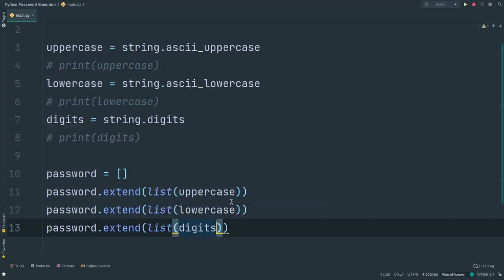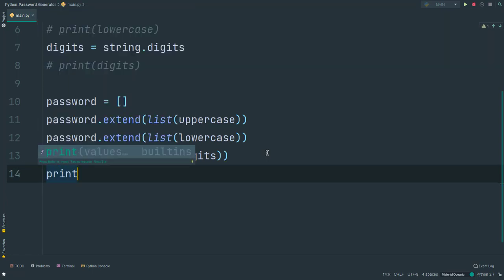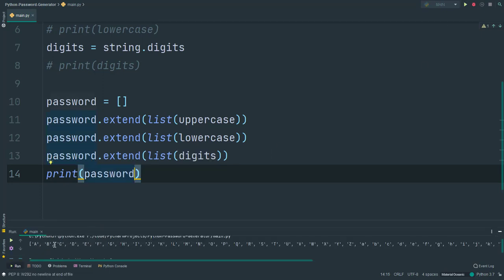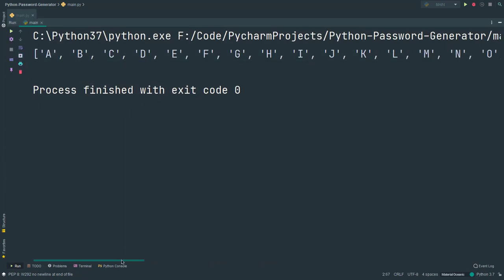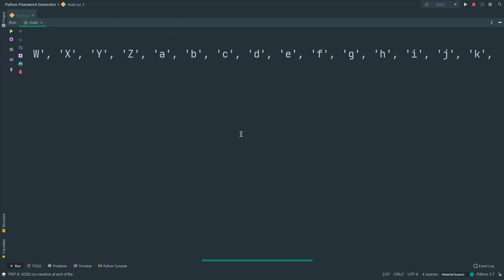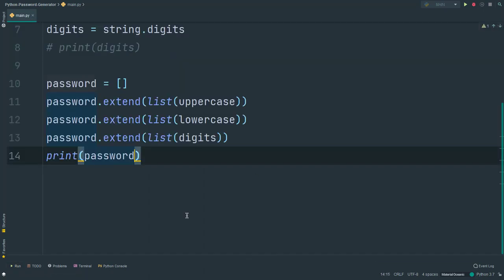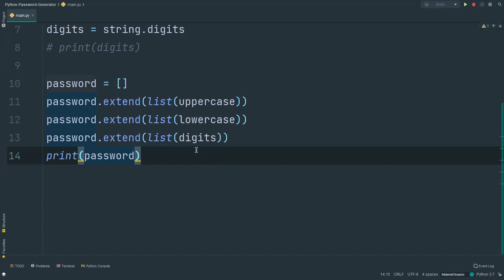digits. Okay, and now when we try to print password, we get a list which contains all of this. You can see the uppercase letters, and then the lowercase letters, and then the digits. Okay, so yeah, it is working. I'm going to close it, and now